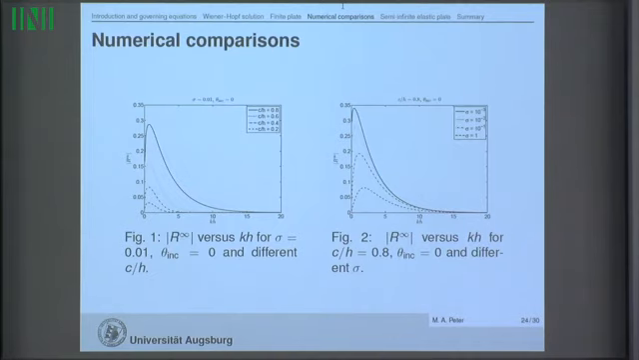Maybe these are slightly more exciting, just to show what's going on. So what is this plot? This is the modulus of the reflection coefficient versus kh, k being the incident wave number, h the water depth, and you see different lines here for different submergences of the plate. And you see sort of what you would expect. So for porosity parameter sigma 0.01 here,